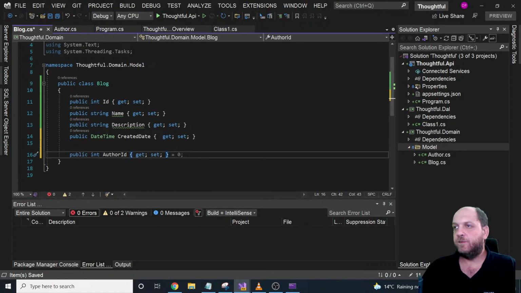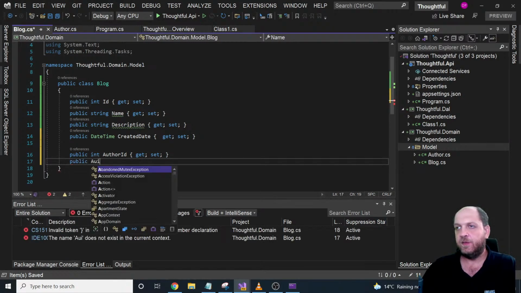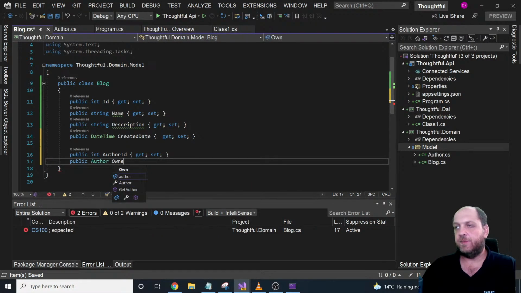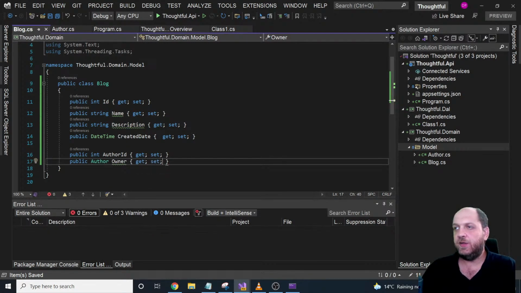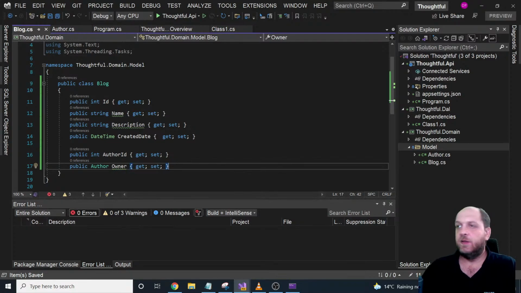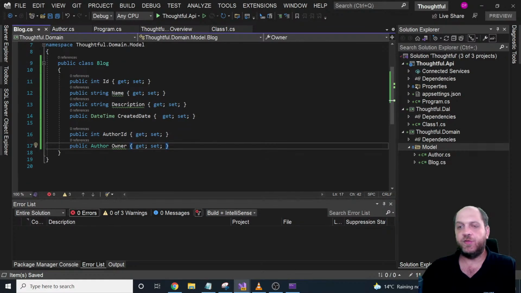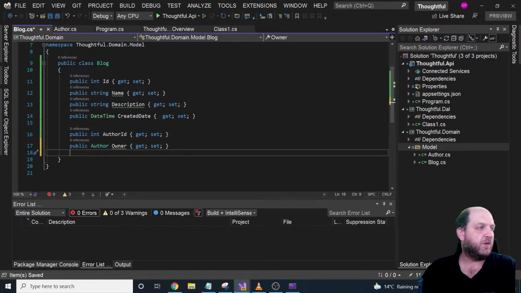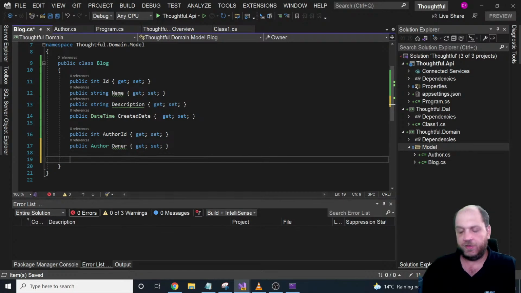Get set. And then, of course, we'll need the author itself, and the property will be called owner in this case. But a blog could also have different other contributors that actually write articles on that blog, and those contributors are also authors. So here we need to model another relationship, and here it is a one-to-many relationship because one blog could have different contributors, but also an author could contribute to several blogs, but we